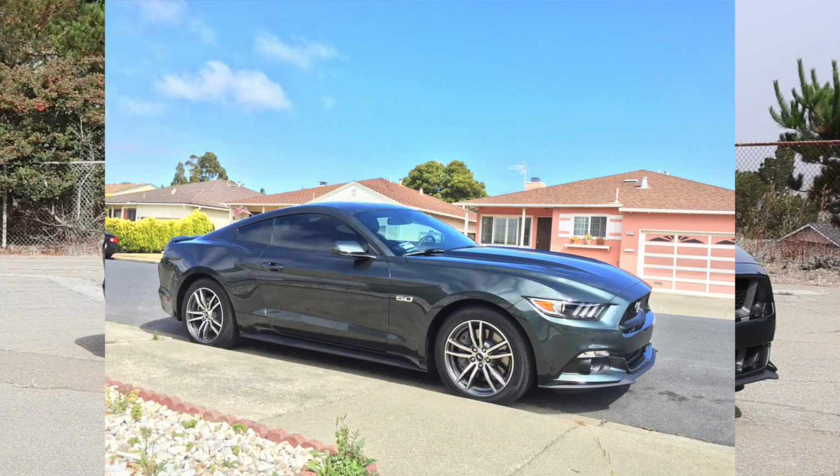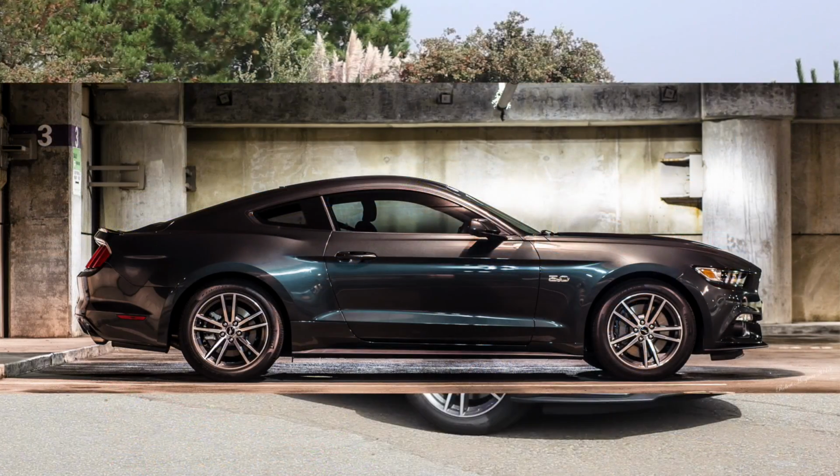I feel it goes pretty well with the color. By the way, let's talk about the color just a little bit. This color is called Dark Highland Green Metallic. As you can see, it's more of a greenish look to it. It's green metallic. In the sunlight, it definitely has a lot of a metallic look. In the dark, though, it can get pretty dark looking. Sometimes it can look pretty similar to the Dark Highland green, even though it is not as dark as that